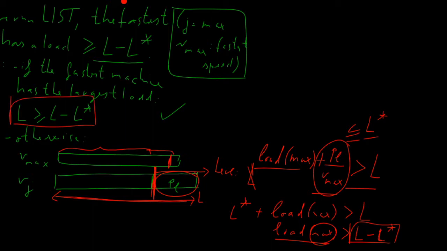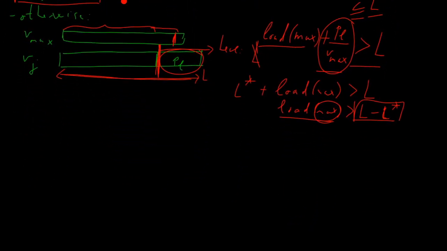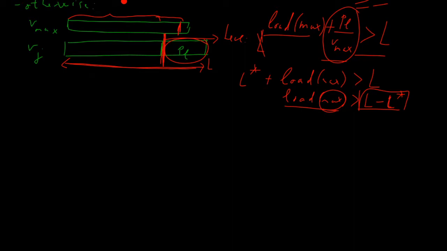So this guy has a load of at least L minus L star. So that's easy. Now the second lemma is a bit more convoluted, and it says that for